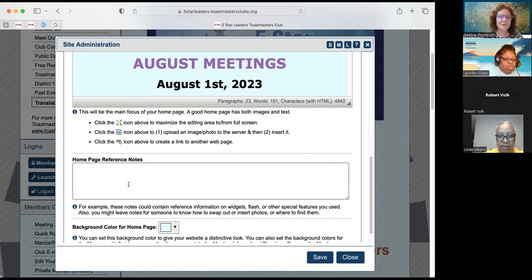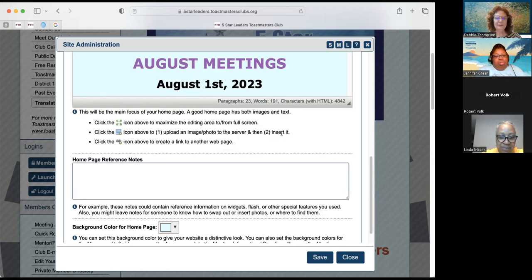You may say, well, that was good, but I can't remember anything Debbie said. So you have a cheat sheet right here. It says, click the arrows icon above to maximize the editing area to and from full screen. So that's a note. Oh, it's that little arrow thing that I need to push. This says, click the image icon above to step 1, upload an image photo to the server, and then step 2, insert it.